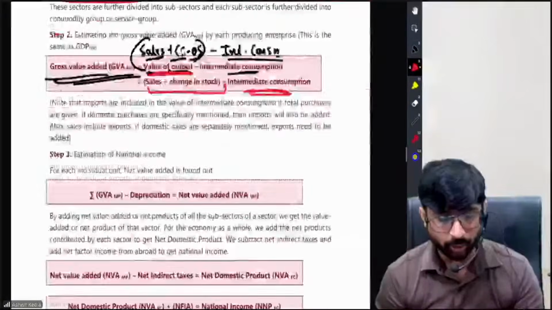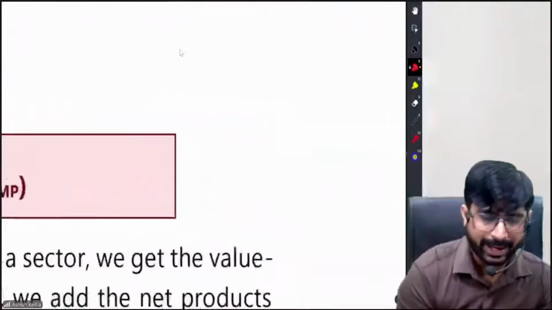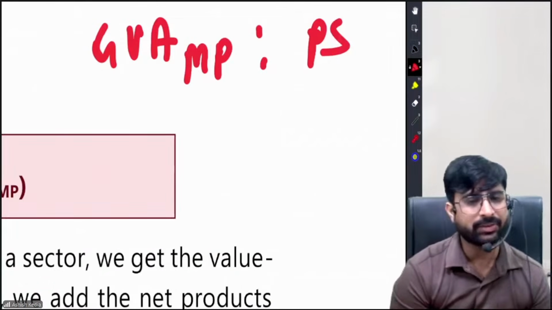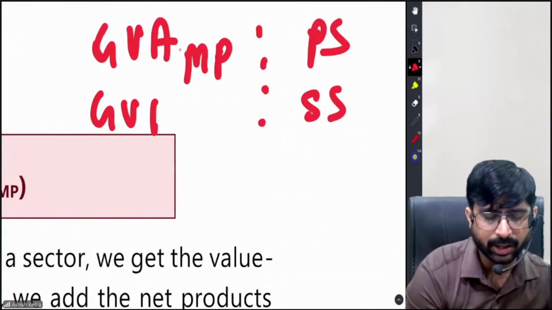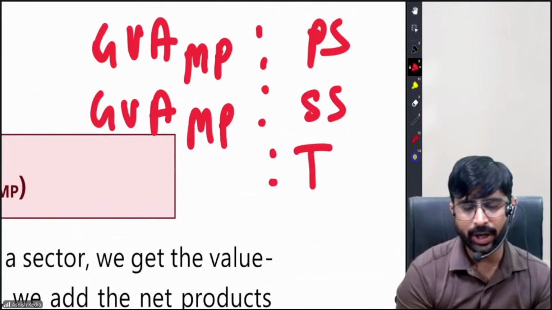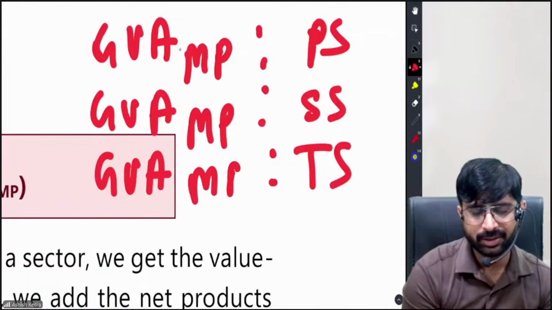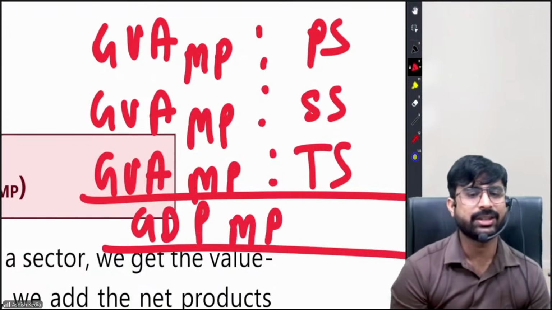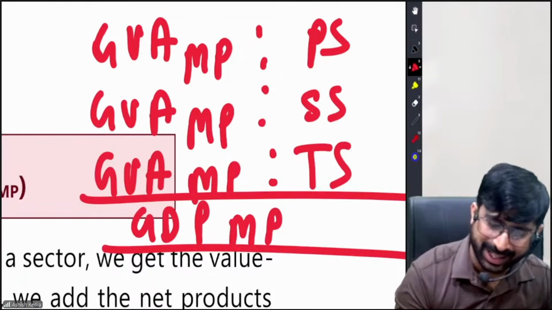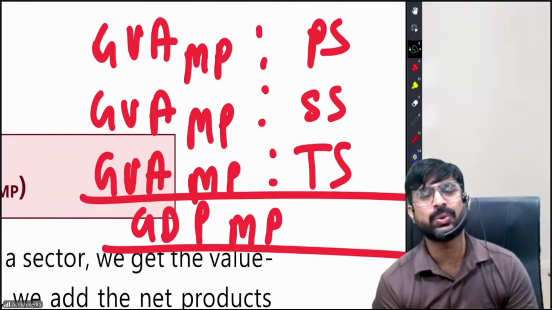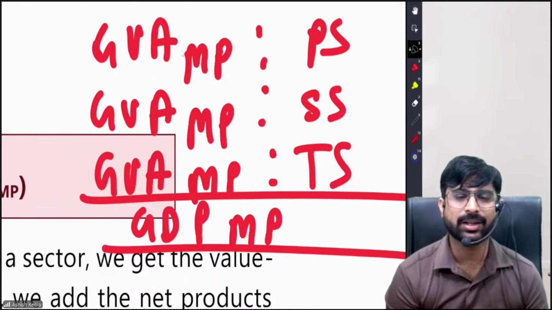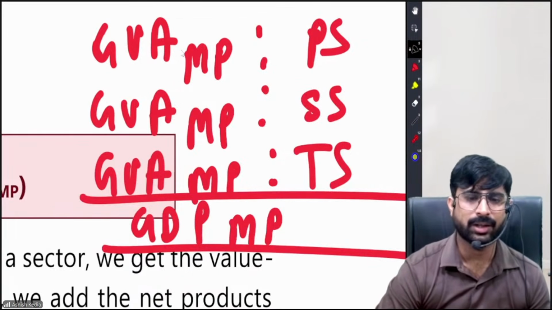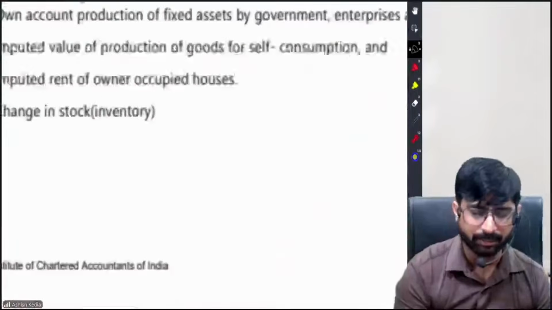Do you know that if you add for each sector, it is GVA at MP? You can write it, class. This is for the primary sector. You add GVA at MP of the secondary sector and you add GVA at MP of the tertiary sector. When you add the GVA of each sector, where do you arrive? GDP at MP. The entire class knows that once you reach GDP at MP,